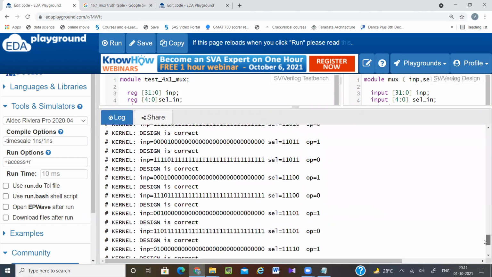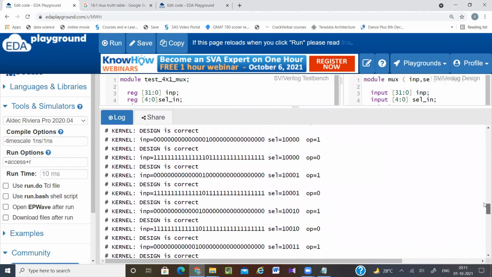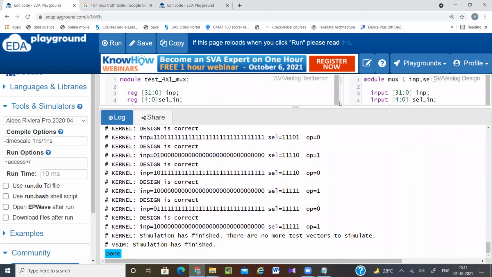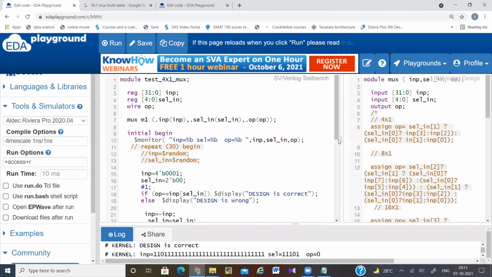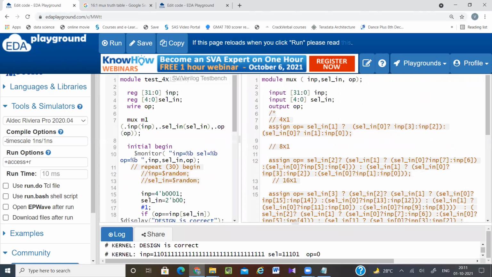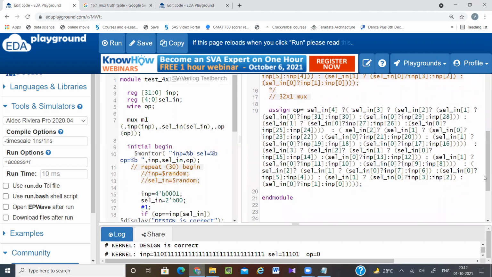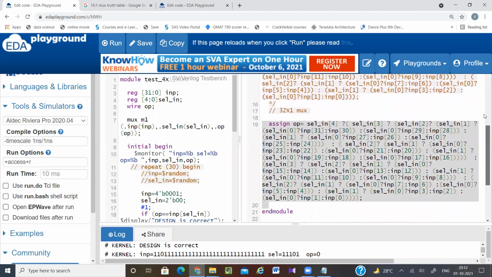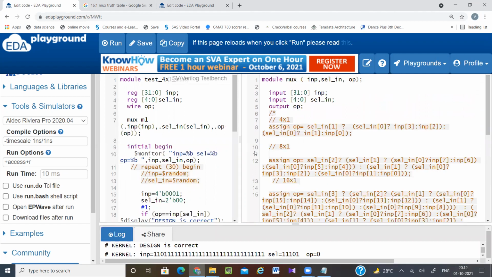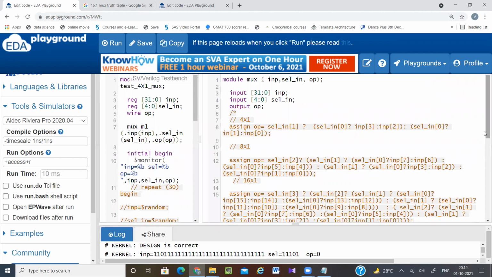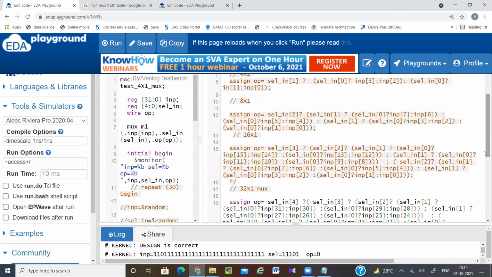So you can see design is correct. So you can practice these things on your own. Whenever you are practicing, start from 4x1. Just try to check the pattern. If you are remembering the pattern, then it will be easy for you to write it. You won't be confused. If you start from the big one at first, you will get confused. So start from 2 cross 1, then 4 cross 1, then 8 cross 1. Carefully look into it. What is the pattern? Then you can write it.